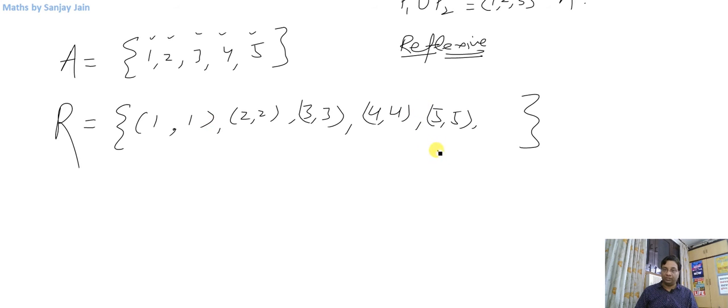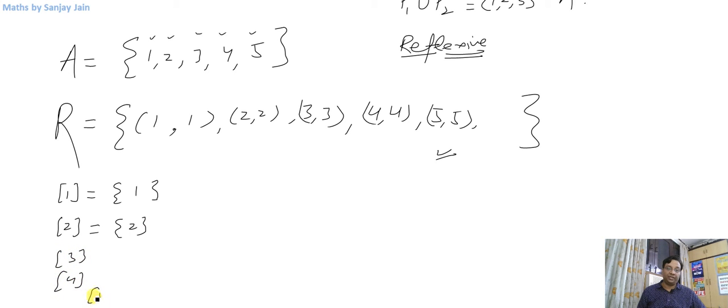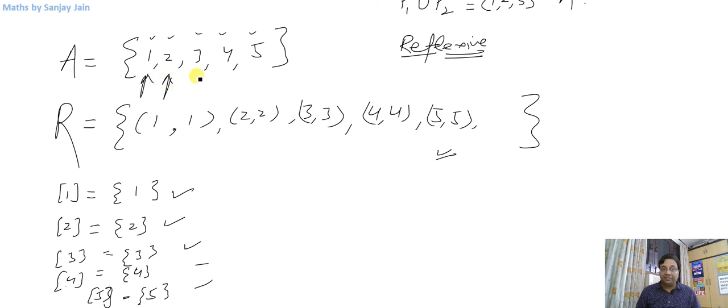For it to be symmetric, let me take some more elements. Otherwise, this relation which you see on the screen right now is also a symmetric relation as well as a transitive relation. So even if I leave it here, it is also an equivalence relation. We can discuss this relation also, right? If you notice, the equivalence class of 1 will have only one element, that is 1 itself. The equivalence class of 2 will have only one element, that is 2. Similarly for 3, 4 and 5, these will have the same element, that is itself, right? So how many partitions are there? These are 5 partitions. So the total number of partitions is equal to the number of elements of set A, right?